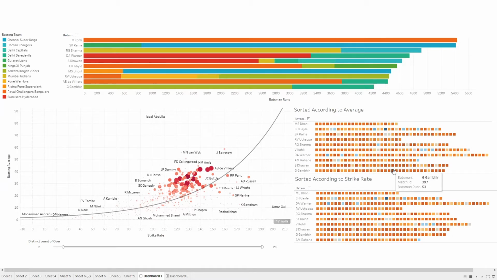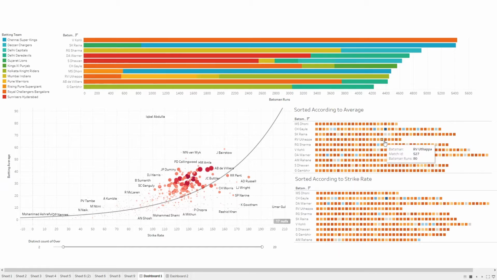Surprisingly, MS Dhoni is topping the chart, though he has a decent number of 50 plus scores. He topped the chart in both the average and strike rate, followed by Chris Gayle and Suresh Raina. And lower down we have Ajinkya Rahane with the least strike rate and Gautam Gambhir with the least average among the top 50 plus run hitters.